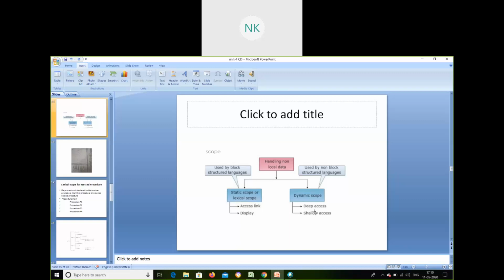So whenever you want a variable, the complete stack is scanned from top to bottom, and then it takes the variable. It will not be taking it as a scope. So what deep access is, from top to bottom, it will scan the complete program, and it can take the variables from anywhere in your program. That is your deep access.